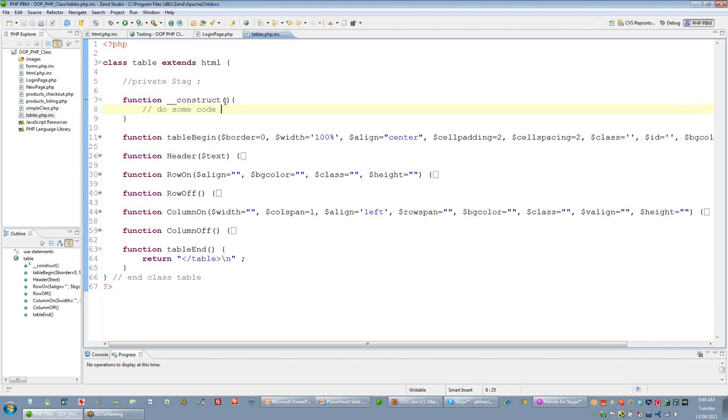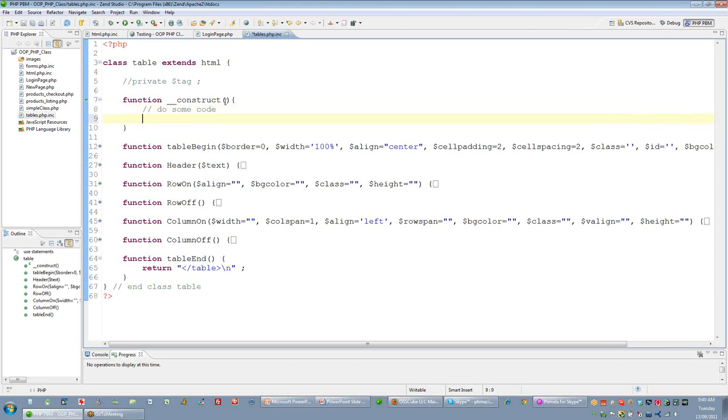The HTML construct will not run unless we actually call it. And how we would call it would be HTML construct. So this is one way to extend a method,